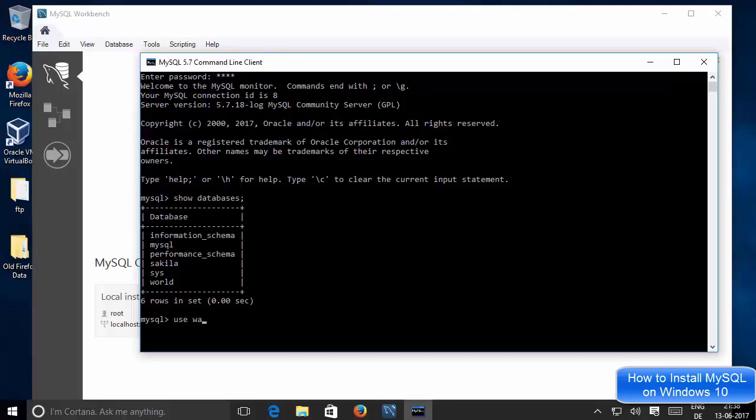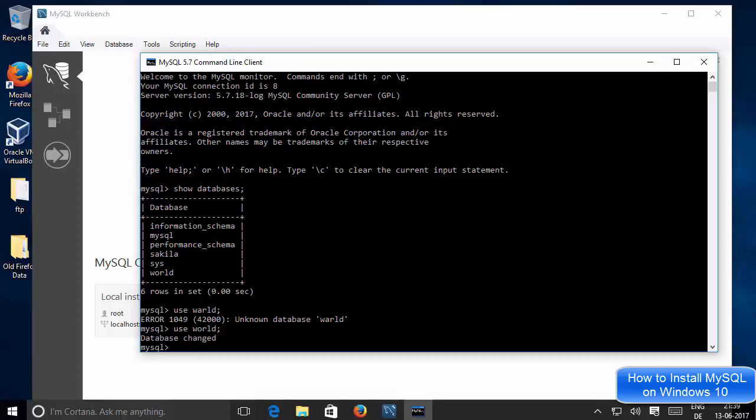So the database name I want to use is world here. Okay, and then the semicolon and then press enter, and it says unknown database. So I think, yeah, the spelling was wrong, so I just need to give world here, and you can see it says database changed, right?